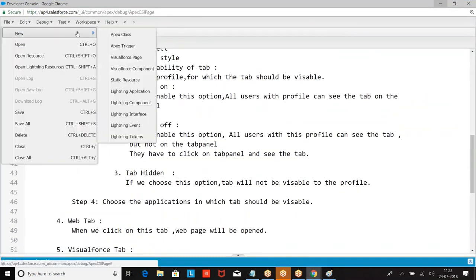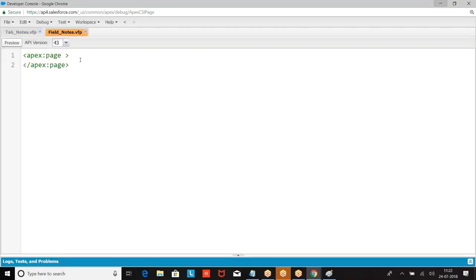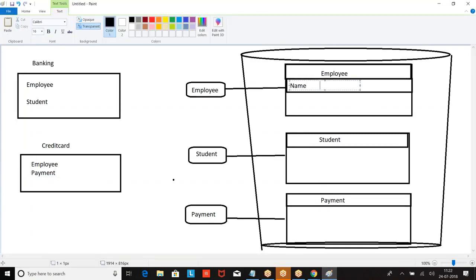Fields. Right. So what is a field? We have a table. In the table we have columns. What are the columns we had? Name, phone.